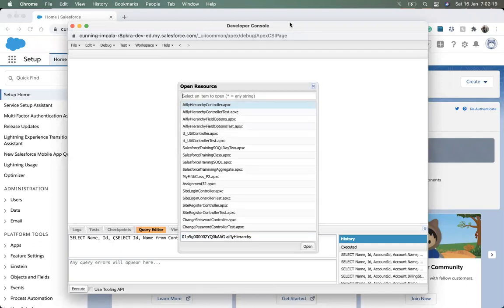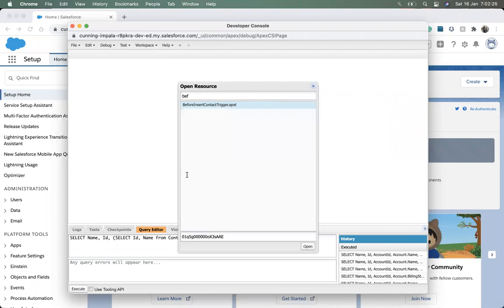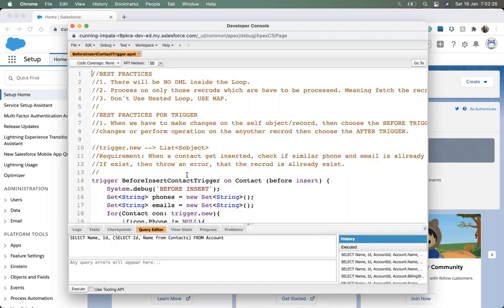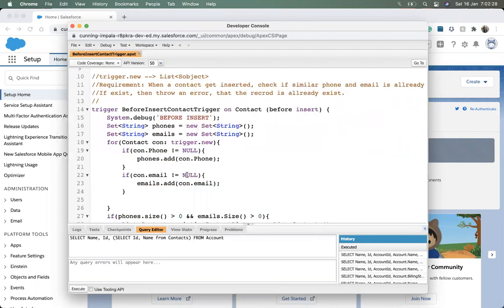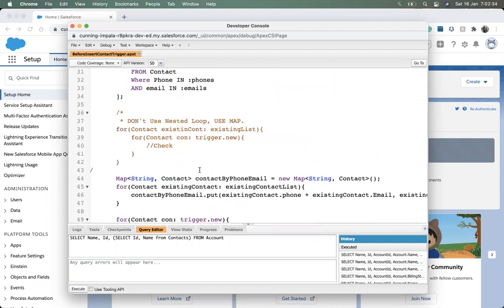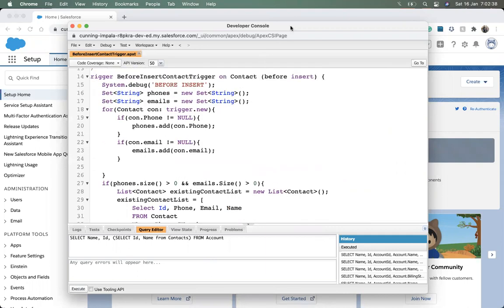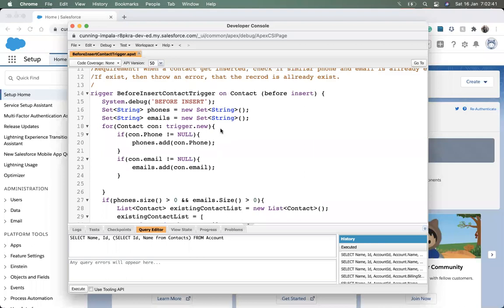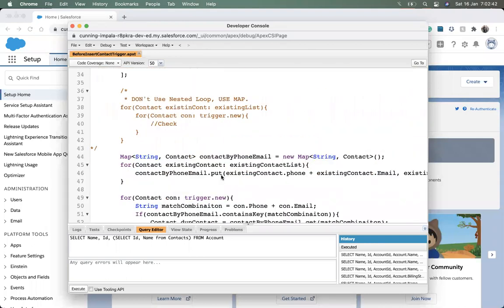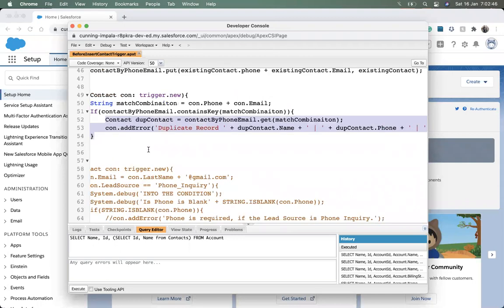We studied this before insert trigger, where we have seen that we can make changes on the records, meaning on the same record on which we are working, and then we can also add an error if we need to add any error on the record.